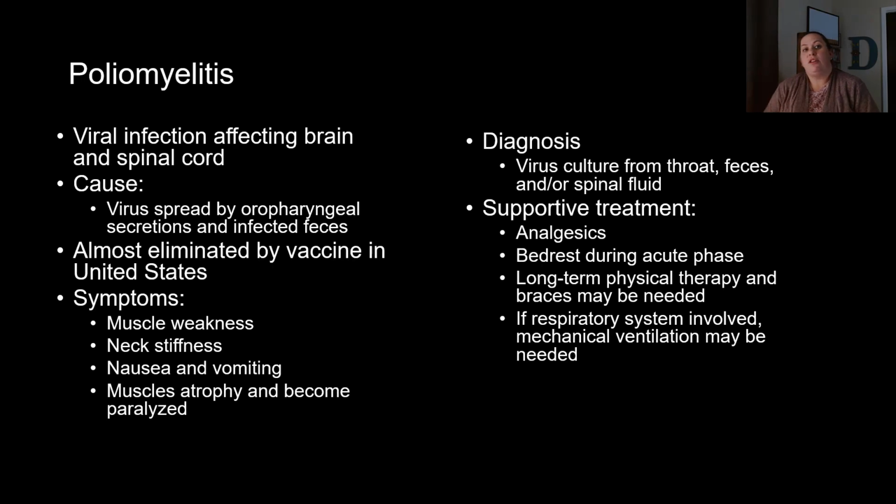The next group we want to look at, or the next infection, is poliomyelitis. Poliomyelitis is also just known as polio. This is due to a viral infection that affects your brain and your spinal cord. The cause here of poliomyelitis is a virus that is spread through the oral pharyngeal secretions, okay, so from the mouth and throat. They then can be found in infected feces, and so we call this the oral fecal route